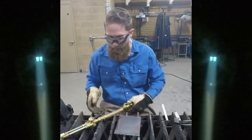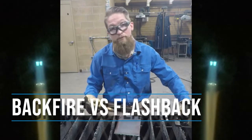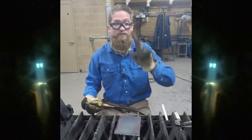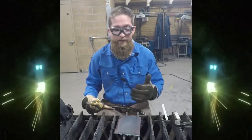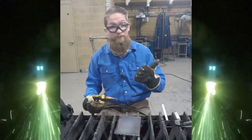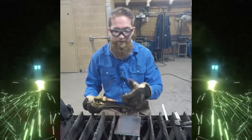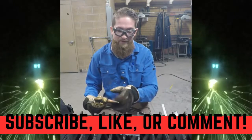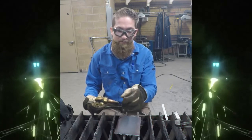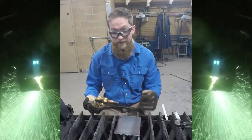So one of the things you need to worry about or think about while you're cutting is that sometimes you might hear a loud pop, a little bang. There are two different types of occurrences that happen. One is a flashback and one is a backfire. A backfire is basically where there is a momentary burn back of heat and fuel and oxygen into the tip, and it'll pop. A flashback